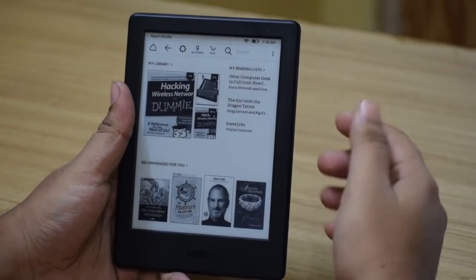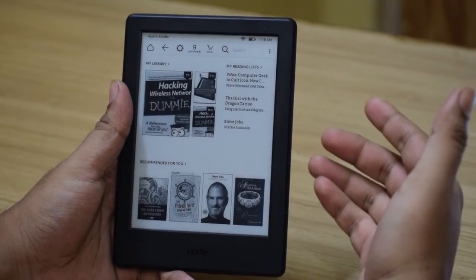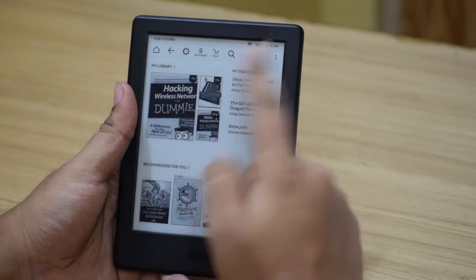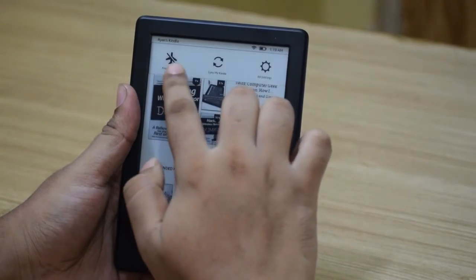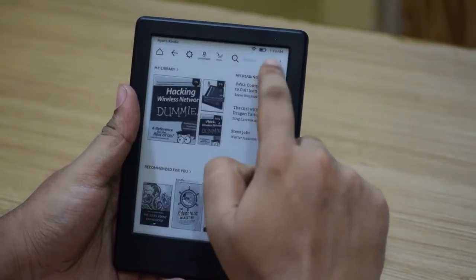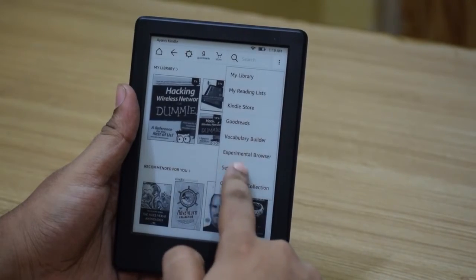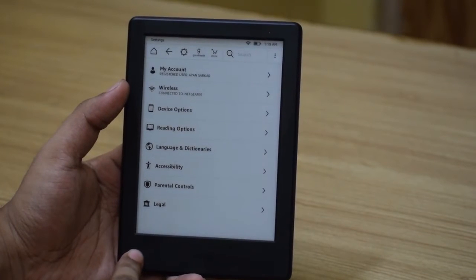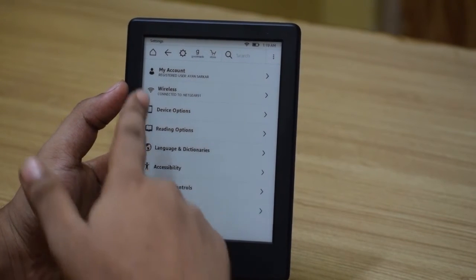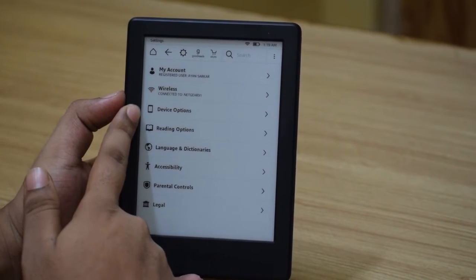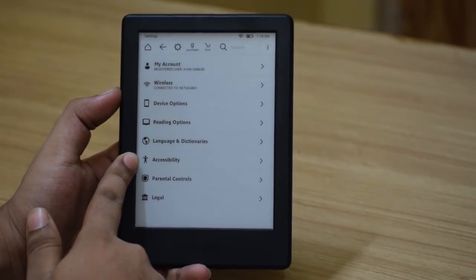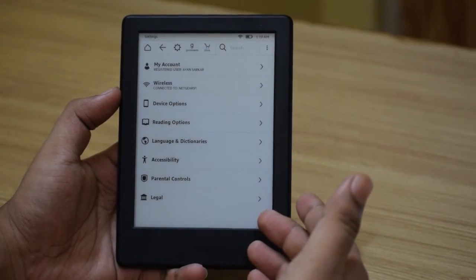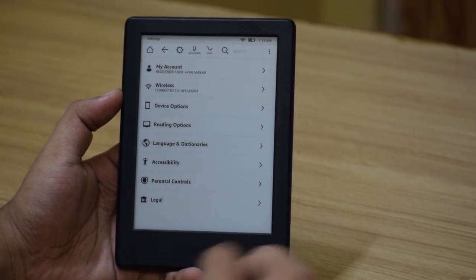So now we'll check out the settings of this device, in which you can customize the device for your own purposes. The settings can be accessed via two places. The first is of course the settings icon over there, and clicking on all settings. You can also access this via the settings option that is present in the hamburger menu. As you can see, these are the settings items that you have over here. So you have your My Account, wireless, device options, reading options, language and dictionaries, accessibility and parental controls. The legal is not exactly a settings option, but it gives you a few bits of legal information regarding your